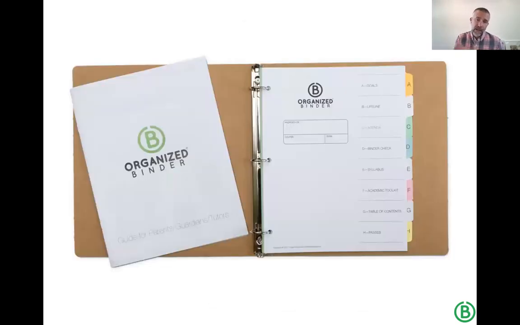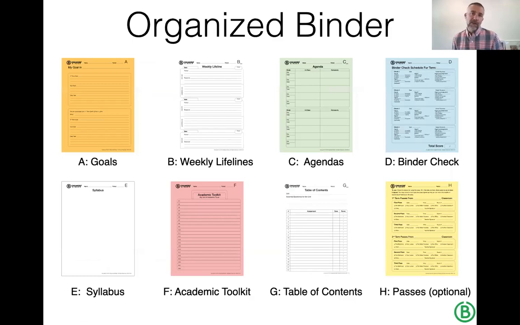And again, I'm probably not going to speak a whole lot to the parent engagement piece, but in every organized binder, when they open it up, they would have everything they need for the entire school year, as well as a bilingual parent guide. It's a Spanish-English translation, and that goes home as a way for parents to engage with what their students are doing with organized binder in the classroom. Again, we could talk about that another time. I'm going to spend most of my time on that teacher and student lens because we're short on time.